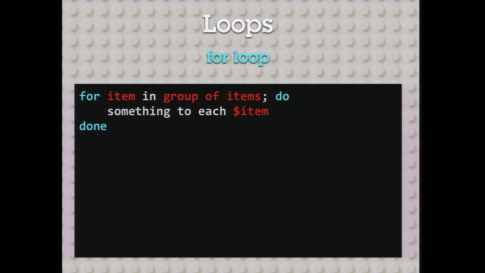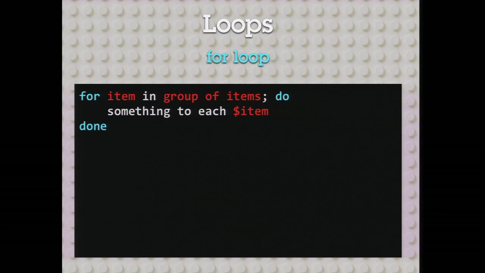So note that the for loop closes with done and not rof, like you might guess, given what the if statements close with. The item word can be anything you want. Whatever you put right after the for is going to be the name of the variable that's available to you inside the loop. On each iteration of the loop, the item variable represents the current item in the group of items that it's moving through one at a time. The loop runs once per item, and then it moves on to the next item. Does that make sense?